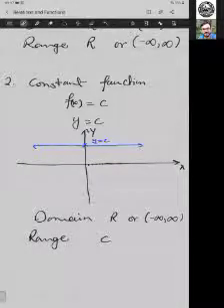Now I suppose you are able to understand. If you want to make a table for this, then that also could be made, x, y. Keep in mind the value of y will always be c, whether x is 0, 1, 2 or minus 1. Whatever is the value of x, the value of y will be c. Now you are able to understand, I think. Prabmeet.